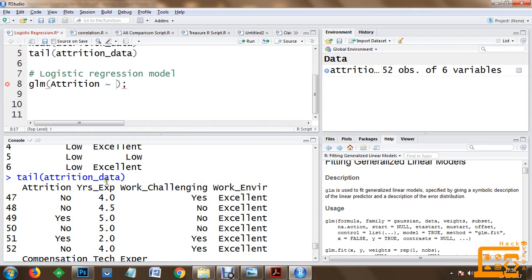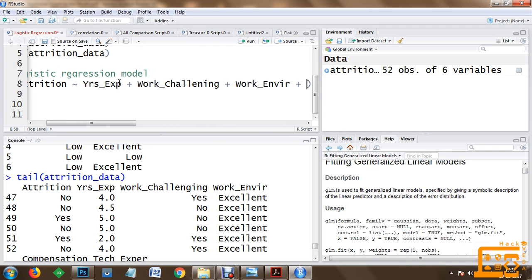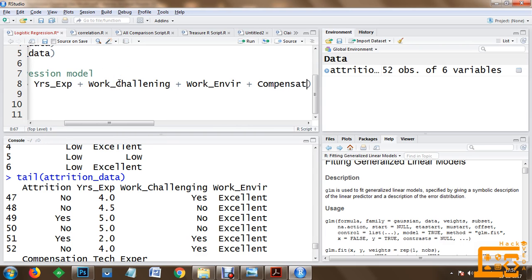Let's put that here, years underscore experience. Then we have work underscore challenging, then work underscore environment, then compensation, and finally technical expertise.